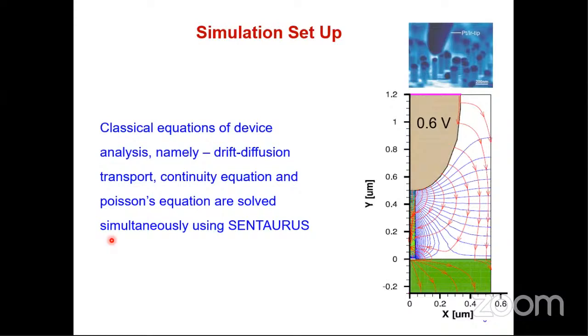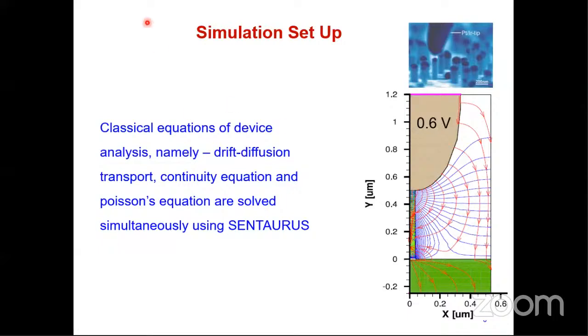Sir, dn by mu n is equal to dp by dx. No, no, that is sorry. Dn into dou n by dx. Jn, you have to multiply the charge q. Correct. So Jn is equal to q Dn dn by dx, where Dn is the diffusivity constant. Correct. Okay, so that is the drift diffusion.